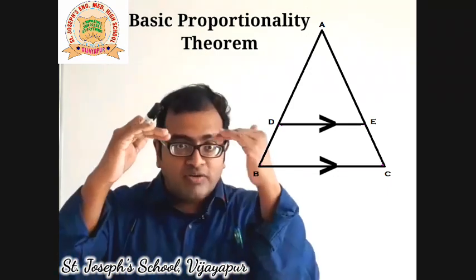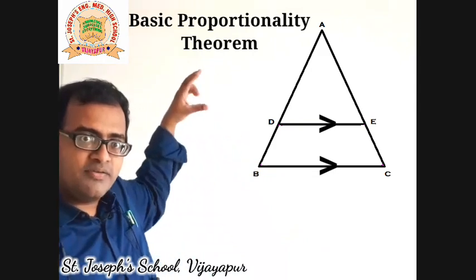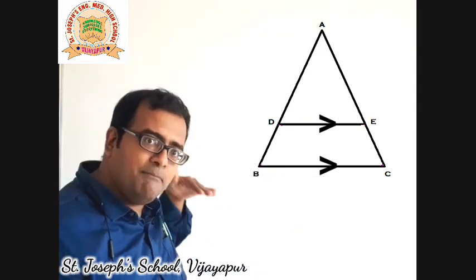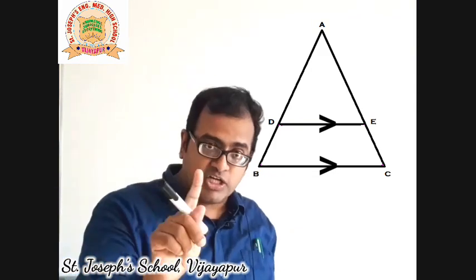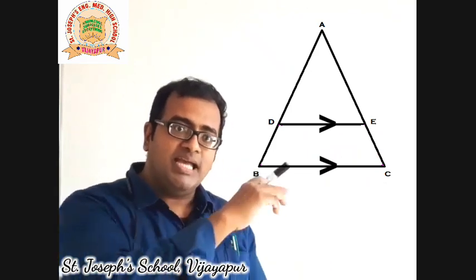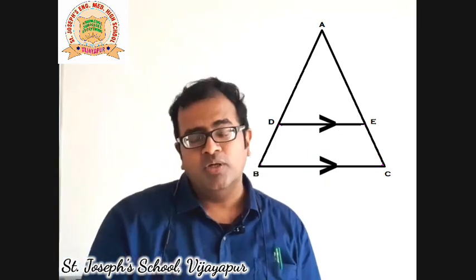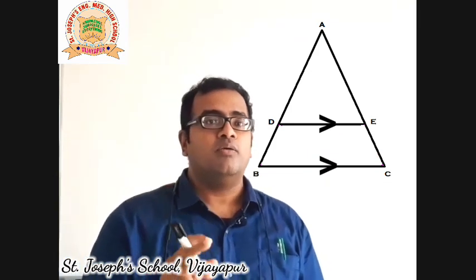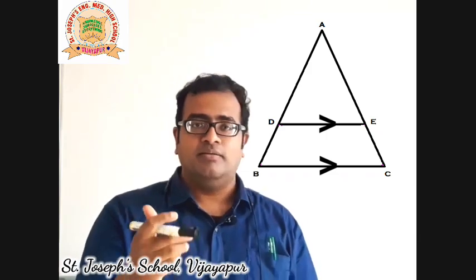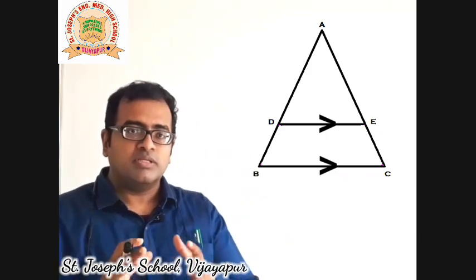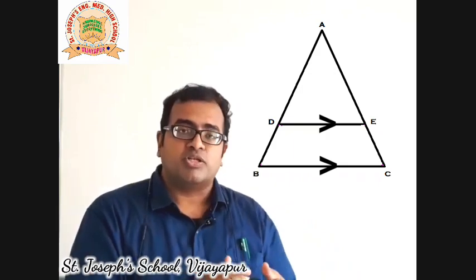These two sides, if you divide each other, see, the first part, AD divided by BD, that is one ratio. The other side, AE by CE, another ratio. These two ratios are equal. What do you mean by ratios equal? They are proportional. So this is what the theorem actually says.